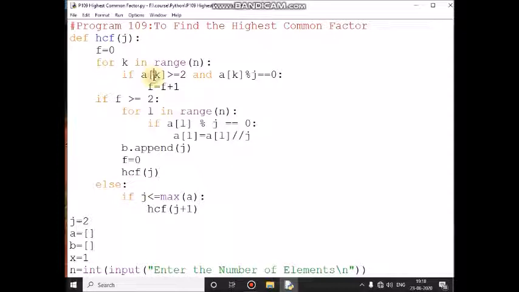Control comes inside the loop, and A of first location value 5 greater than or equal to 2, the condition is true. A of first location value 5 modulo 2 means you get remainder 1, one condition is true, another condition is false, so again control comes here and it will increment the K value to become 2,